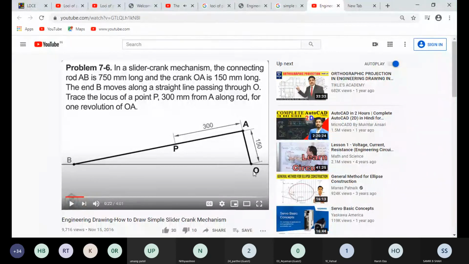Same way, take O randomly. First of all, draw the horizontal line on your page. Take O randomly anywhere. Draw the circle with the scale we discussed, 1 centimeter equal to 100 mm. So take OA equal to 1.5 centimeter. Draw the circle. After that,